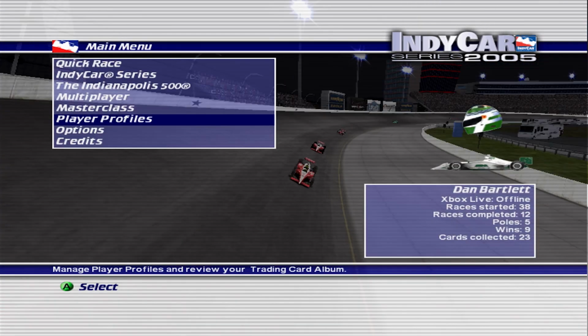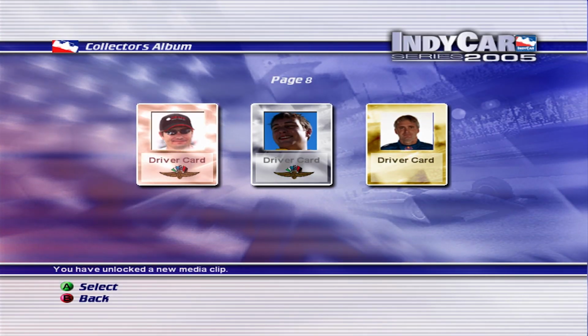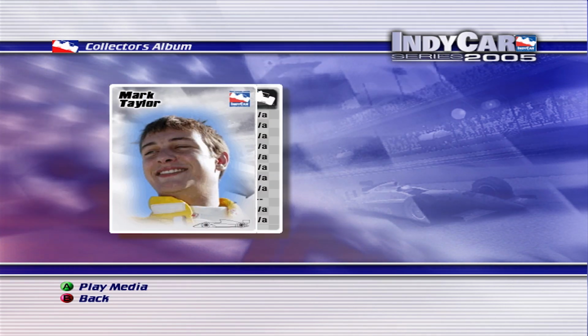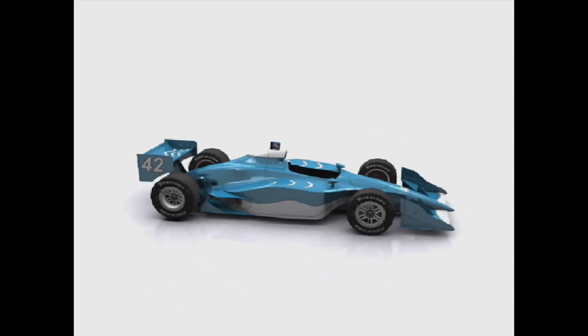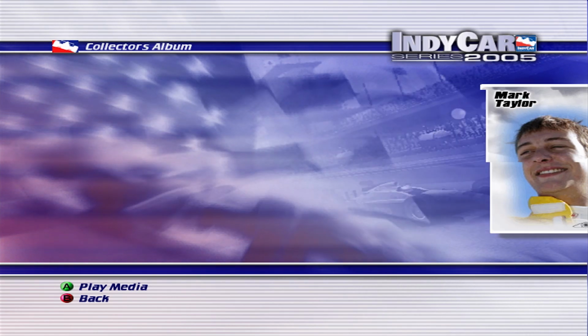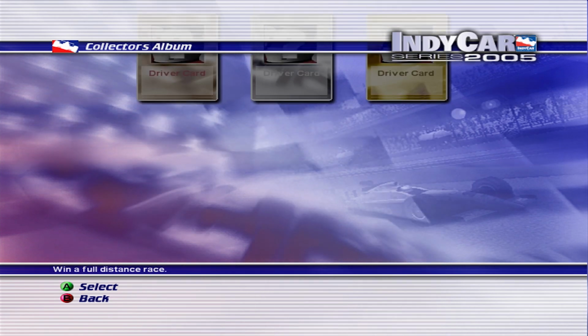No, wrong. Player profiles, please. Trading card album. There we go. So let's have a look. So we got the Hard Charger Award, and we just unlocked this one. So one Indy 500, new media clip, and a new car livery. Let's have a look at the livery. That's not bad at all. Car number 42. We might use that if that is for the... I think it is actually for the chassis that we have. And the Hard Charger Award, which is...